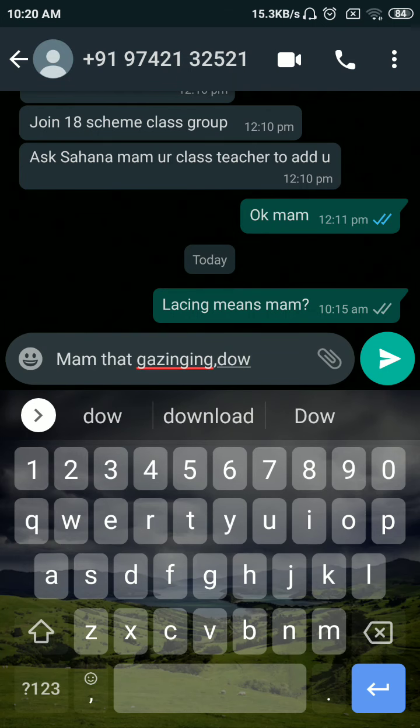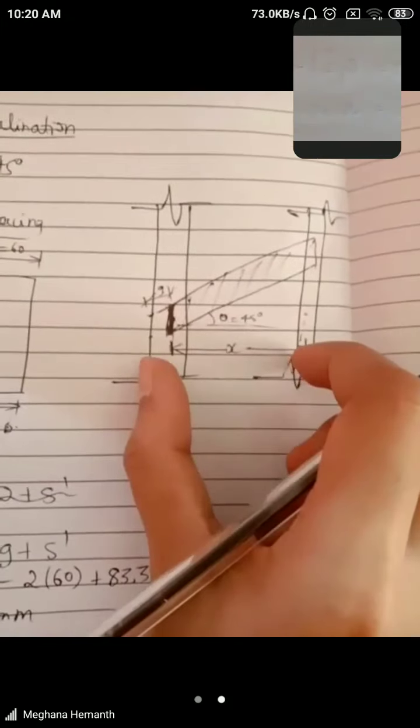So your s dash distance, from your previous design step, you've already calculated the spacing in the design of your column. So you've got your spacing value as 83.33. Same thing you have to write. So your x will be equal to 163.73 mm. Okay, so that is your x distance, or we are finding out the linear distance, or the linear length of your lacing system.